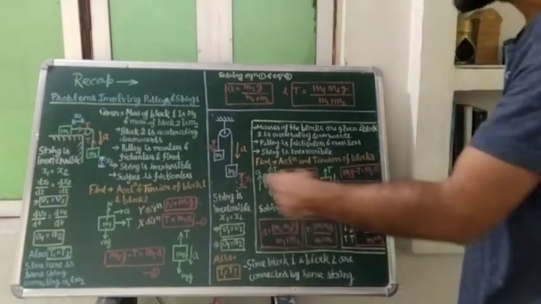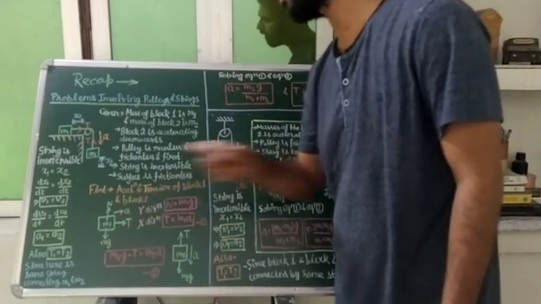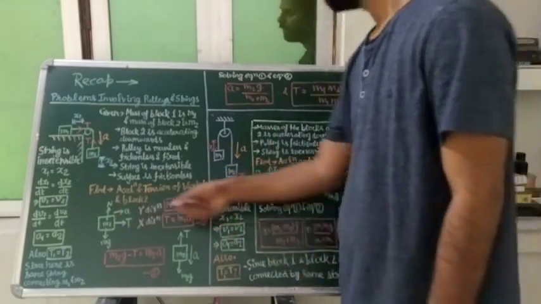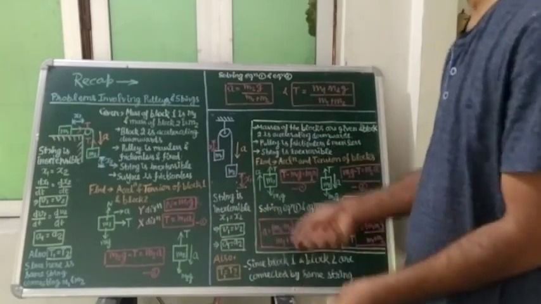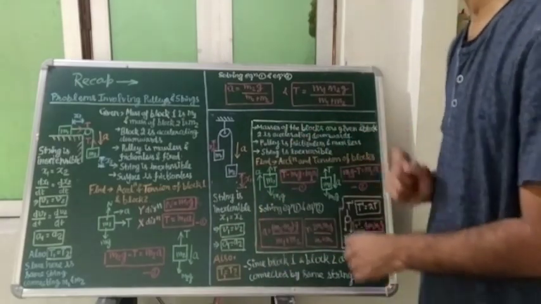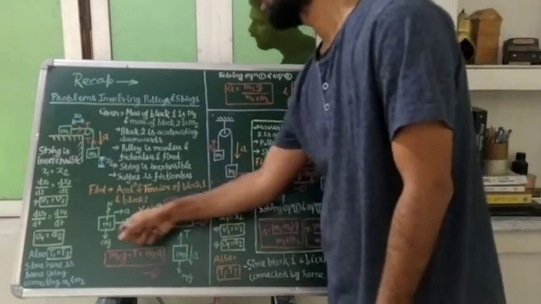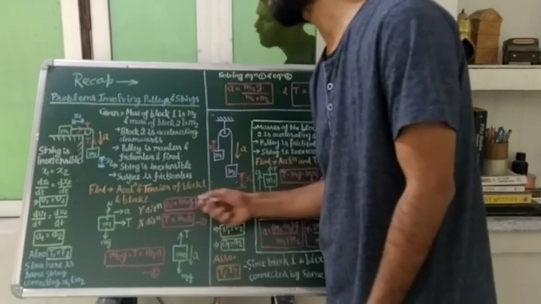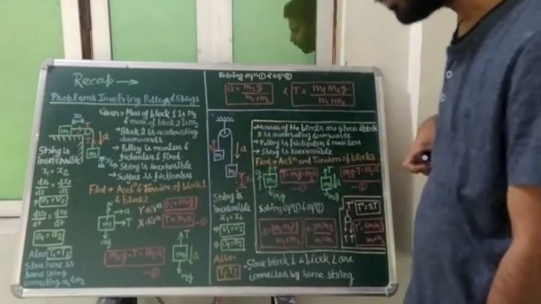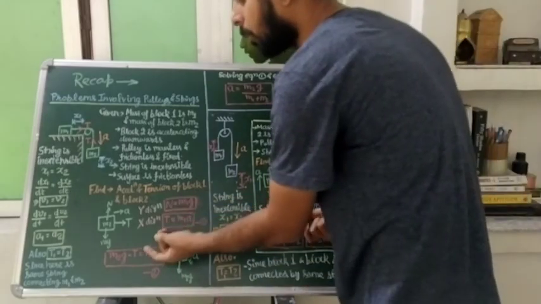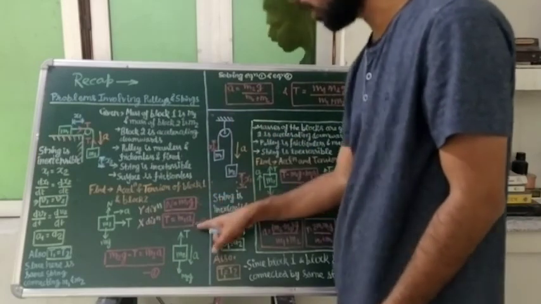When you look at the x direction, of course the block is accelerating, and since it is accelerating, the sum of all the forces acting on the body should be equal to what? Mass times the acceleration of the body: Newton's second law. When you apply it, the tension acts on the block in the positive x direction, and it is moving with m1a only, so the sum of external forces is nothing but the tension only, and this should be equal to what?